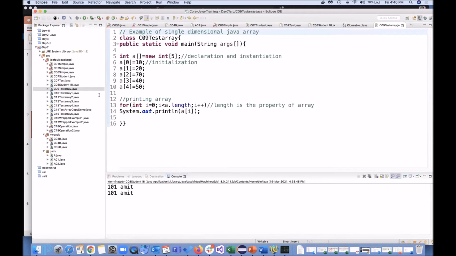Now let's go to array. Let me close all the others. Array is very simple. In the theory we have seen the index starts from 0 and goes up to length minus 1. So say suppose my array size is 5, which means indices 0, 1, 2, 3, 4 will be there, and this is how I can initialize it.